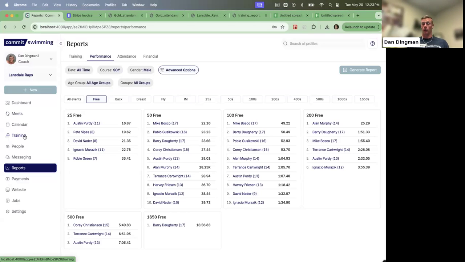Sure. Good questions. Currently, as most of you know, Commit does have an app. The app is based around the workout management side of things. I don't want to set any definite timeline because the order of operations is still to be determined. But we're working on two things. One, making sure the existing functionality within Commit is as mobile friendly as possible on the web browser. And two, transferring most of that functionality, at least the most common operations for parents, coaches and administrators, to the mobile app.